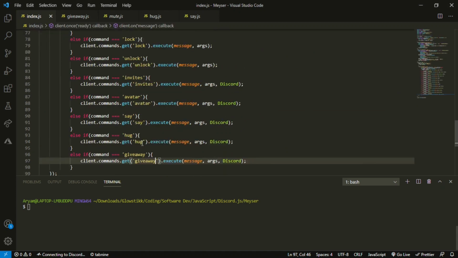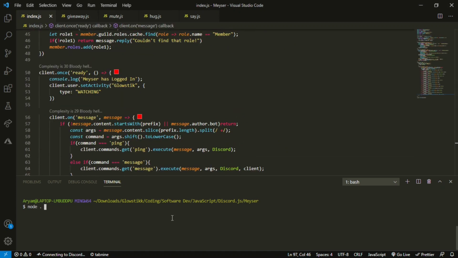So if we go into our index here and just do node space off, and if you're new to the